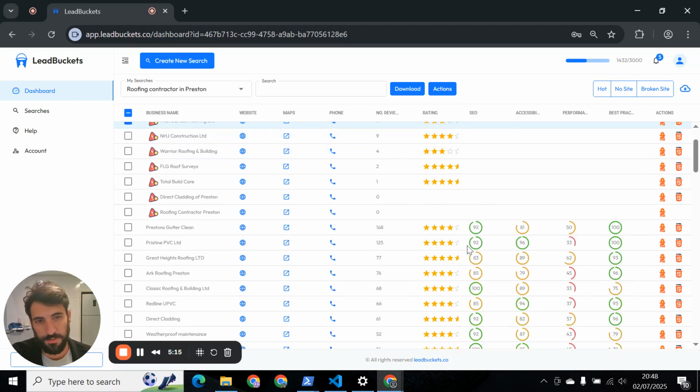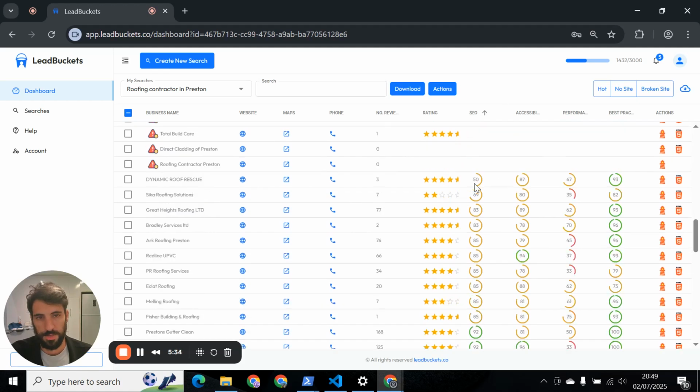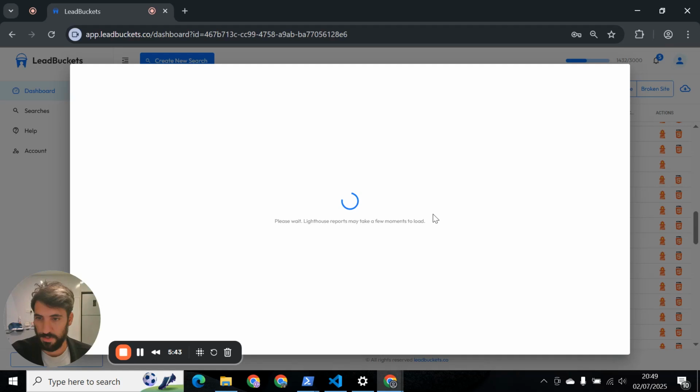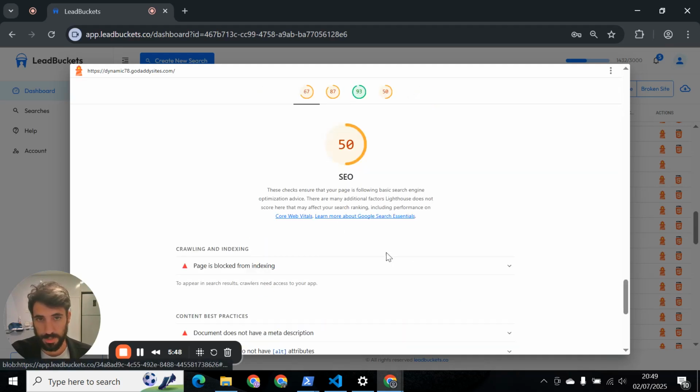We have these Lighthouse reports, Lighthouse scores. We have SEO, accessibility, performance, and best practices. The columns themselves are sortable. So let's sort SEO ascending. So you can see we've got the lowest SEO scores at the bottom. So let's just quickly view the report for this one. So let's click SEO, and you can see